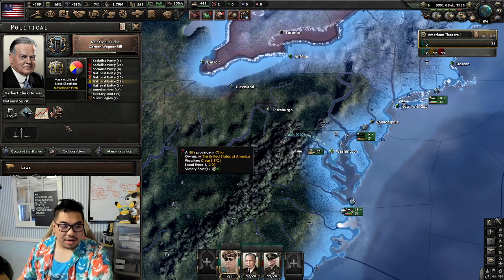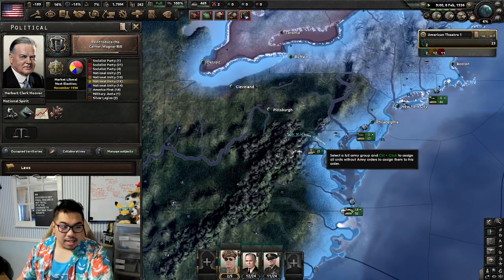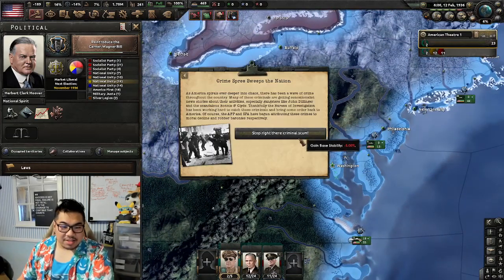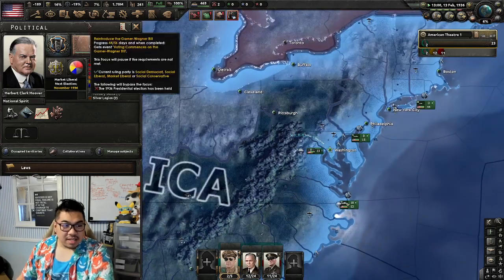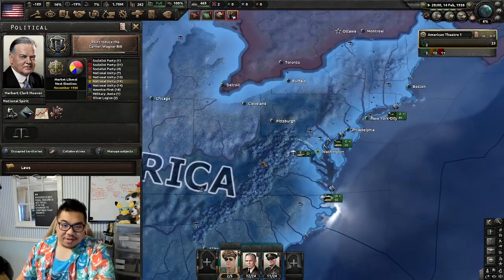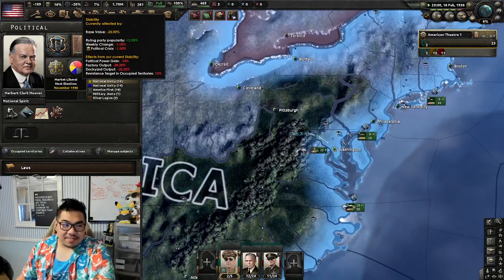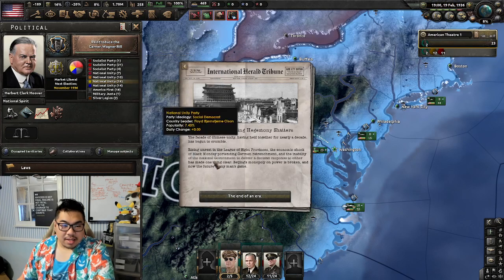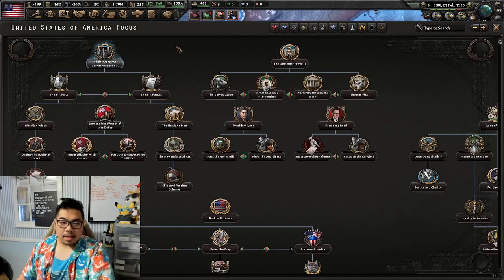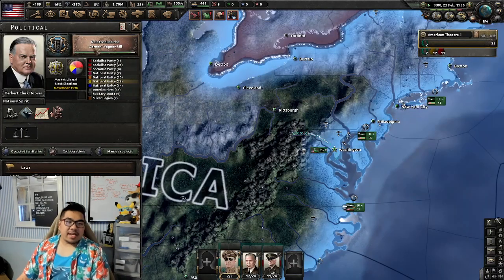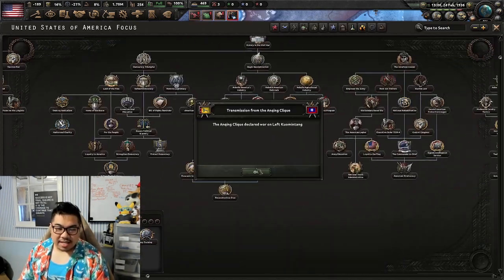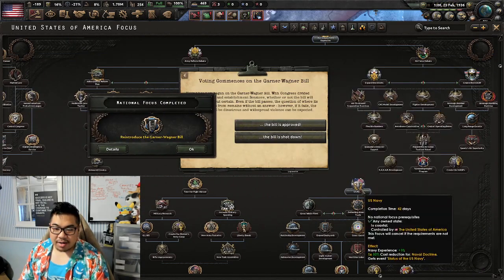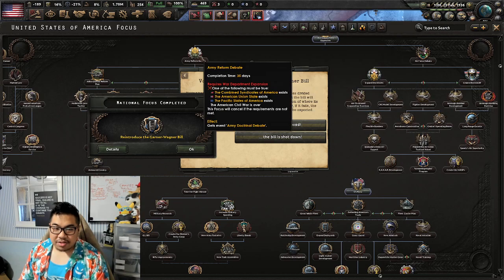Oof. Not great. Not great. What is it? Black Monday and then Bloody Tuesday or something like that? Crime spree. It's unfortunate. The stability. When you play regular Hoi 4, you've never seen stability go into the negatives, so this is quite alarming. Also in the base game, you can cancel focuses, but Kaiserreich, there aren't a lot of different focuses that matter, and this stuff only matters during the war. So